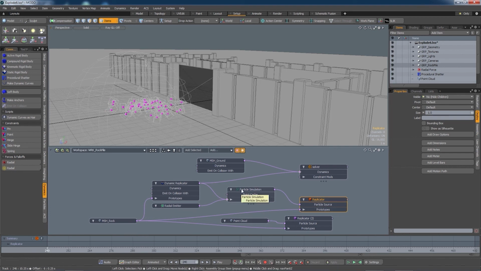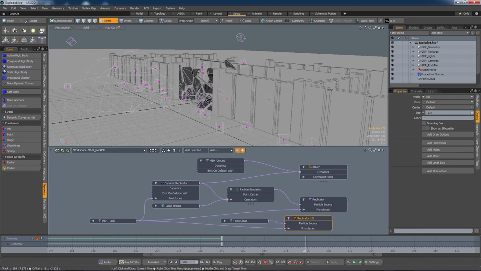So the dynamic version of the replicator will be enabled, and the static version will be turned off. And now as we scrub through the timeline through frame 240, we only ever have one version